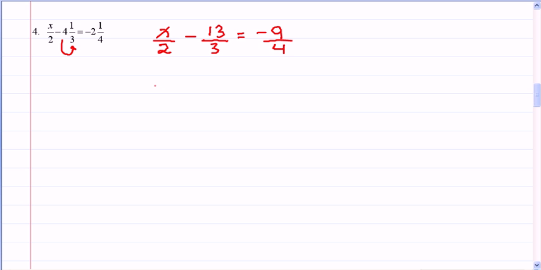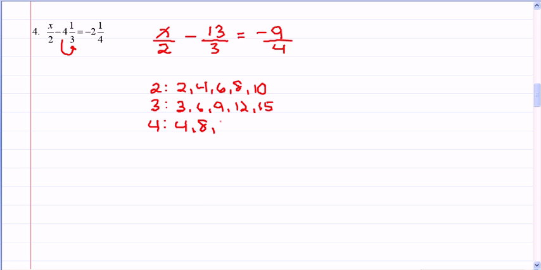To find the least common denominator, I start by listing the first few multiples of 2, and same for 3. And for 4, I just take all of my denominators. And if I look at my list, I don't have any number in common, but if I add just one more number to 2's list, the least common denominator is 12. So with the least common denominator of 12,